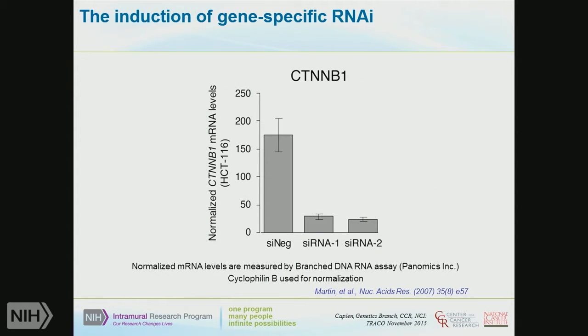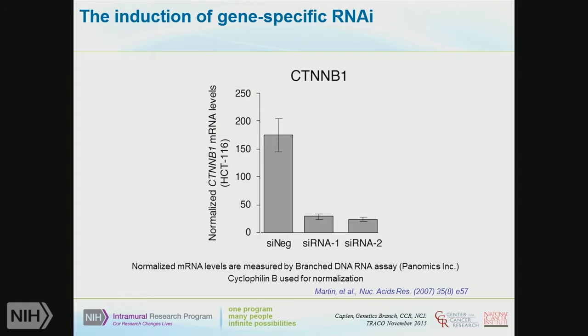So what is a typical RNAi experiment, or really any typical loss of function experiment, going to look like, where you're inducing a knockdown? What you hope to see is a reduction in the levels of mRNA. In this case, we're measuring the Wnt signaling protein, beta-catenin. You hope to see a reduction in the levels of the RNA with the introduction of the siRNA, usually after about 48 hours. Typically, that's what we would look at.